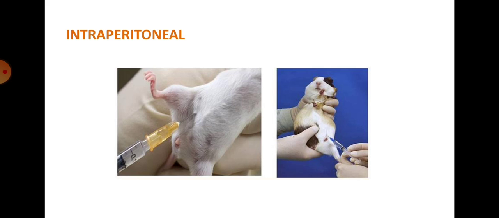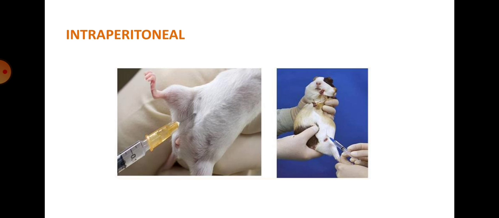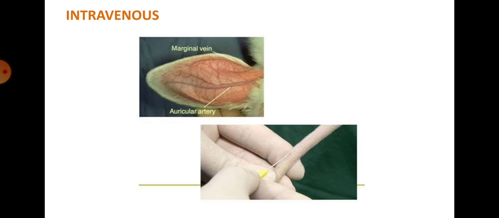So second, the angle should be about 45-degree. Then third one is, after the syringe needle has been in the abdomen, before injection you should draw back the stylet to see if you can draw out something. If not, you can go on. If you draw out blood or urine, that shows you have failed.